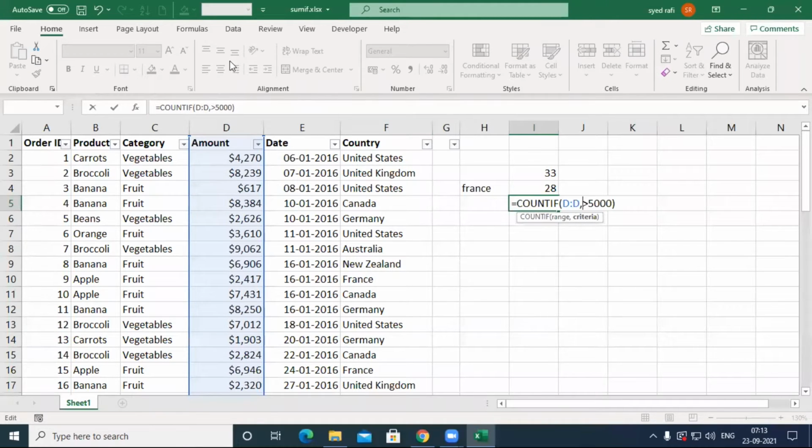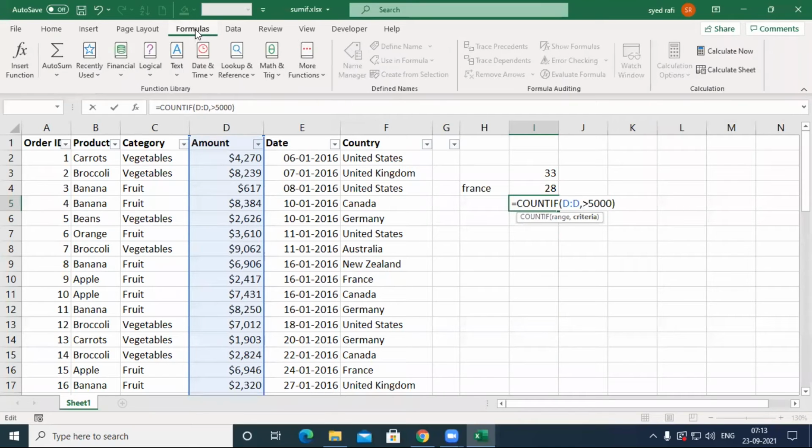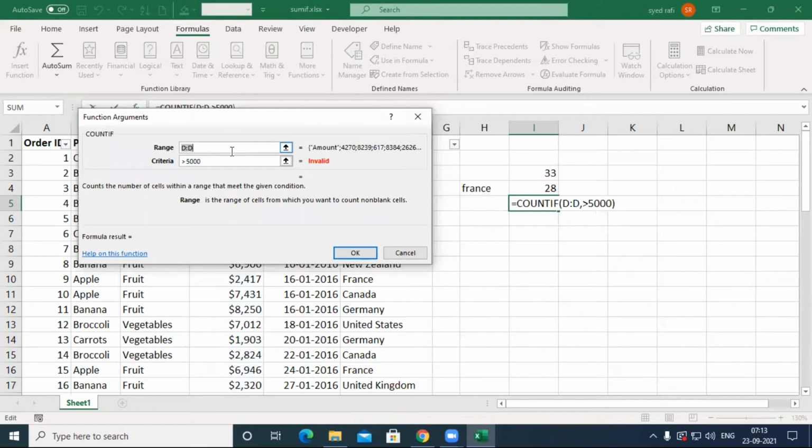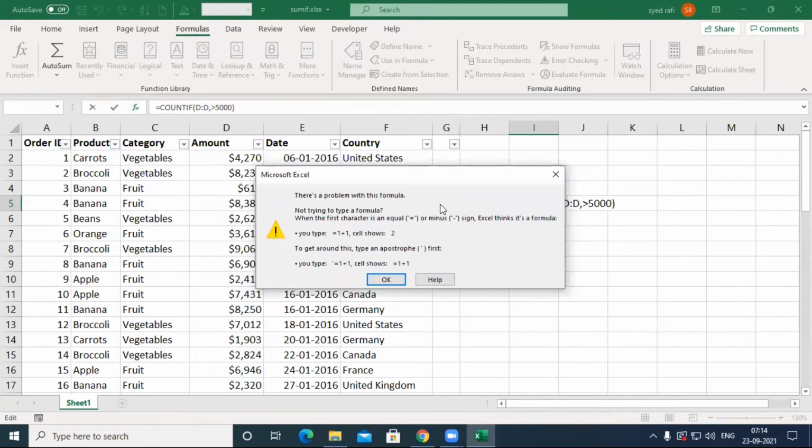In this situation, you do one thing: click on Formulas and choose Insert Function. Automatically it will display which argument makes the error. This is one technique for solving a problem occurring in functions. If you design a function or formula but it makes some mistake, it can't be executed, and it gives an error like this. Automatically it will be displayed like this. It can't be executed because some argument makes a mistake.